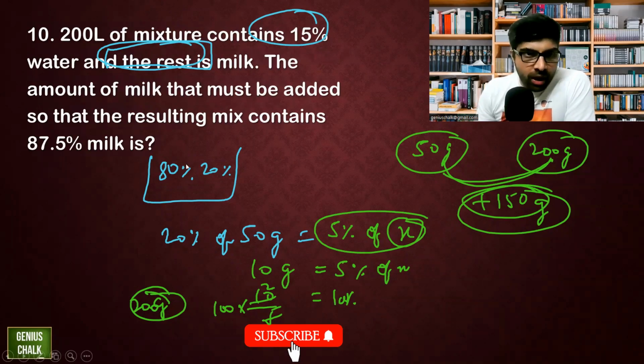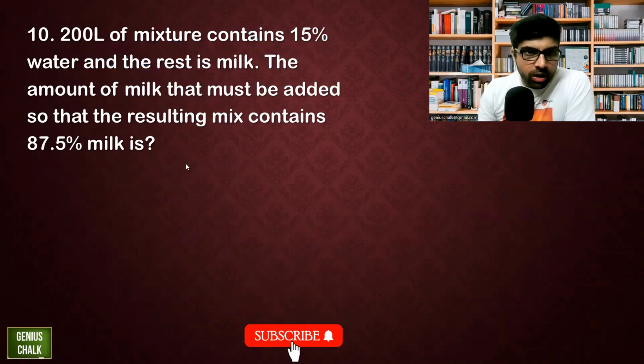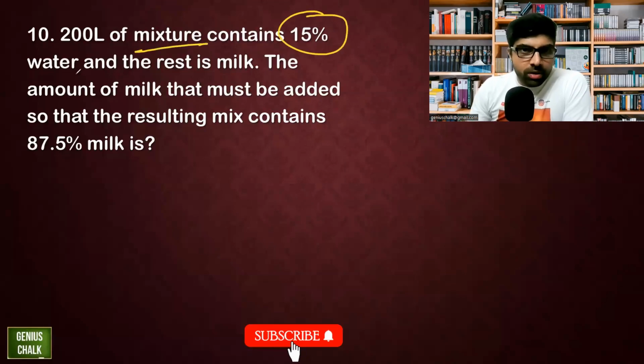200 liters of mixture contain 15% water. Find the amount of milk that must be added so that the resulting mixture contains 87.5% milk. Fine. Let's do it with the alligation first. So mixture is there, 15% water, rest is milk. So milk has to be added. So you can take anything. Suppose you take water,